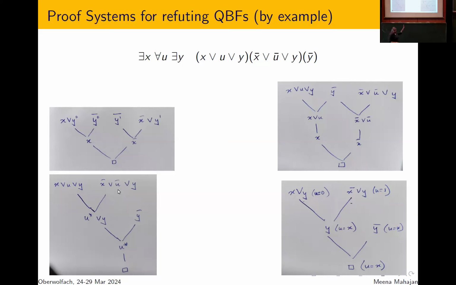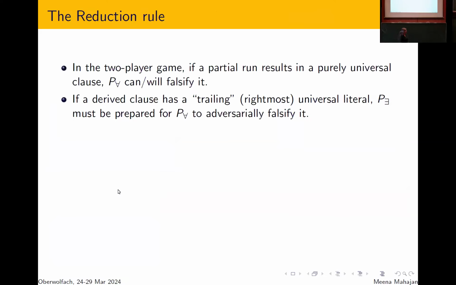So this is a different way of dealing with the QBFs and carrying forward partial counter models towards showing eventually that there is a full counter model. So here are these 4 different ways. To make things just a little bit more formal, the reduction rule, let me say a little bit more about it.